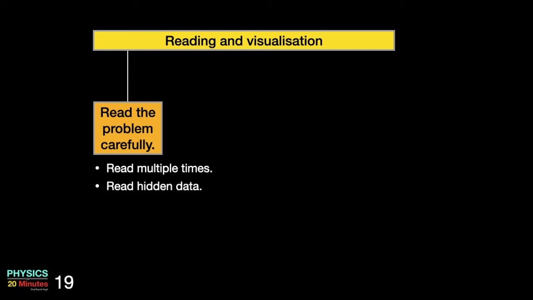Sometimes the problems have got hidden data. These data will not be given explicitly but implicitly. Like say a stone is dropped from certain height. Now here velocity is not given explicitly, but whenever the stone is dropped, it means the initial velocity is 0. So while reading the problem, you have to take care of such hidden information. Once you read it a couple of times, you should be able to correlate with the theory for which the problem is framed. This is a very important first step.